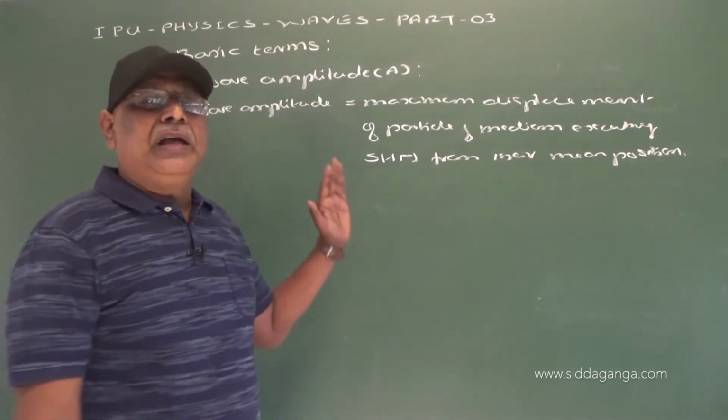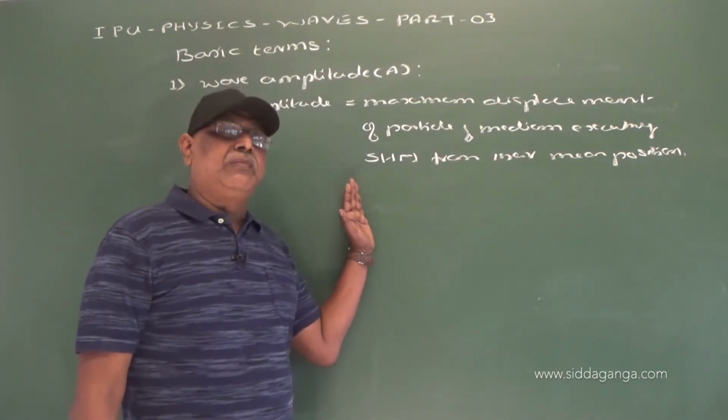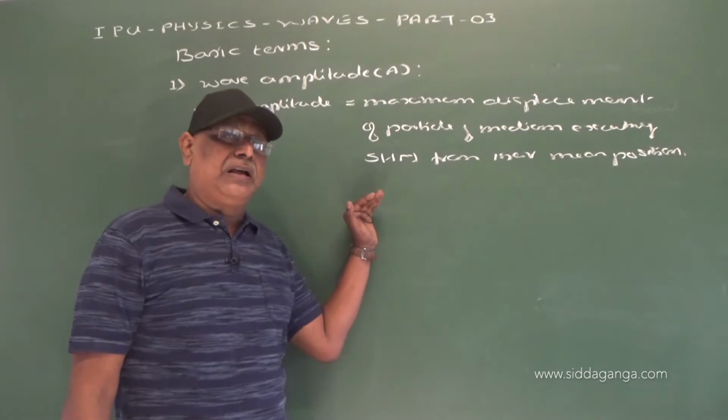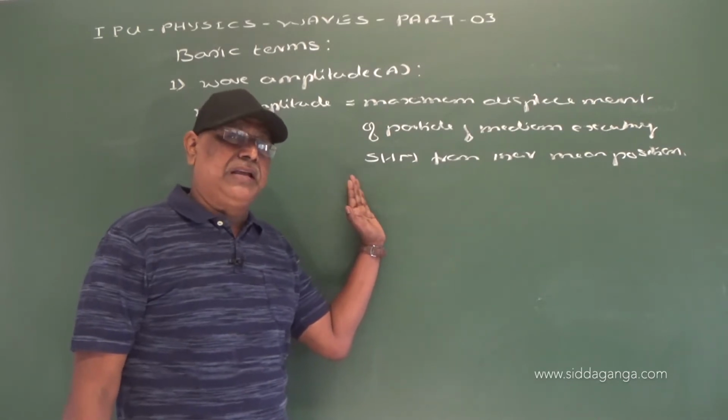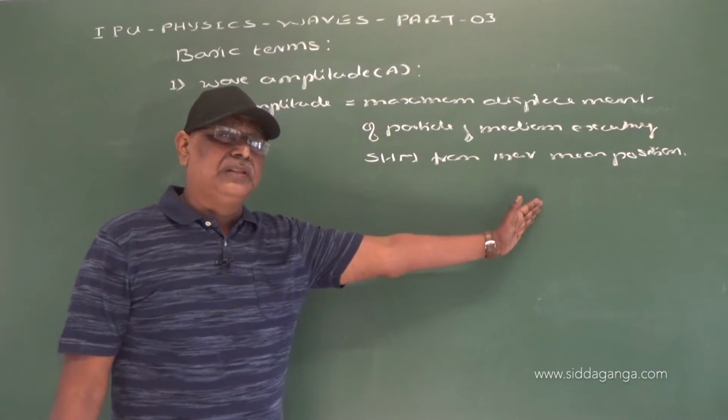So in simple harmonic motion alone, there is only one particle executing oscillation, but here a large number of